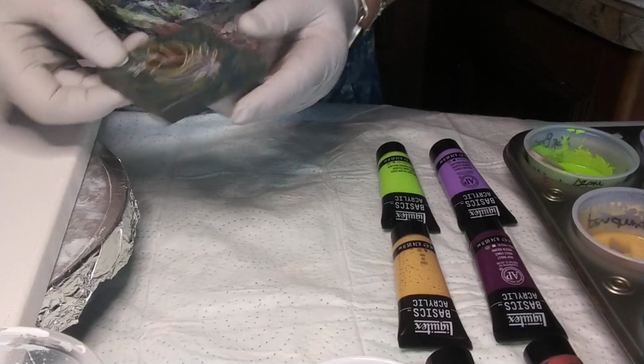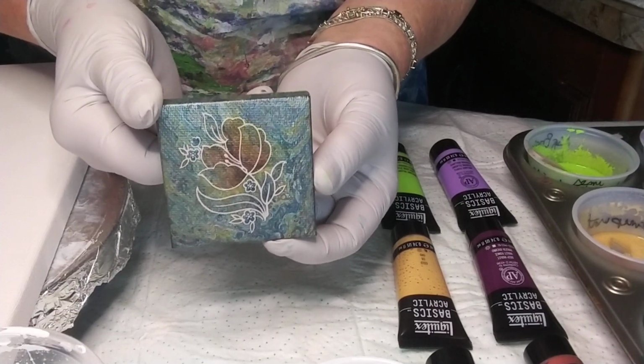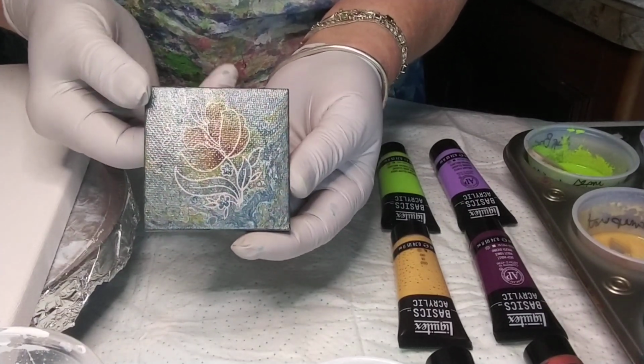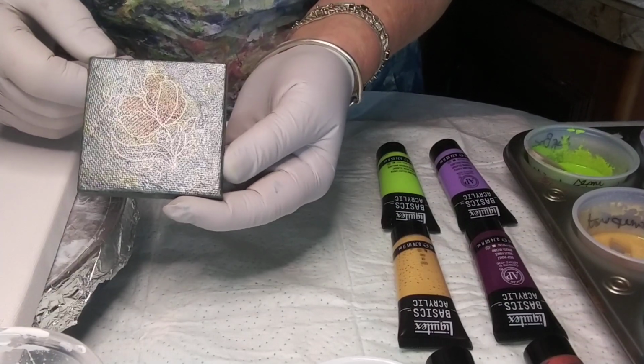I'd like to show you this. I don't know if I showed it to you when I was just Pigments for Hue. I have to rearrange everything because it's not working the way that it's supposed to. I was doing things backwards. Anyway,